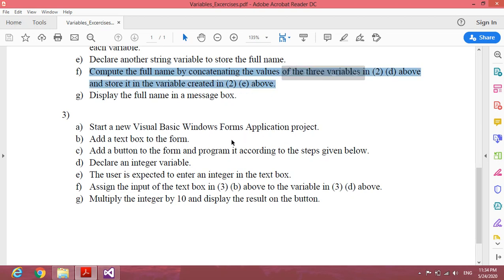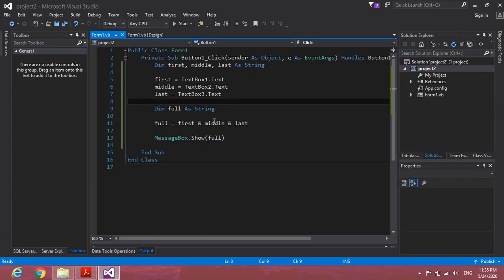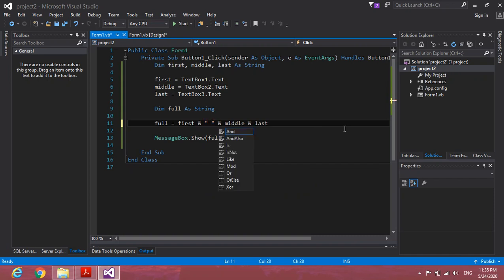That's what we have tried. Okay, now in order to do that, what should you do? Before appending, one thing you can do, you can append a space. Okay, you can append a space. Now here we have a space and again middle. So here you have space. Okay,